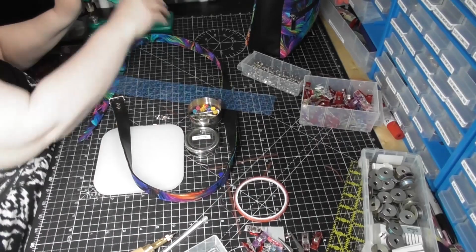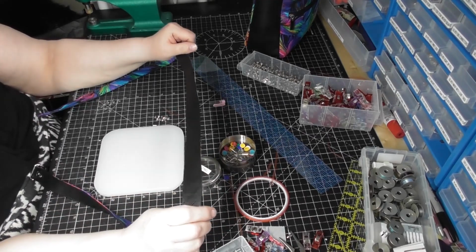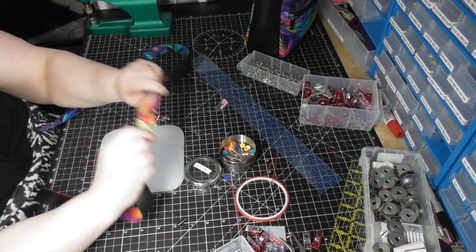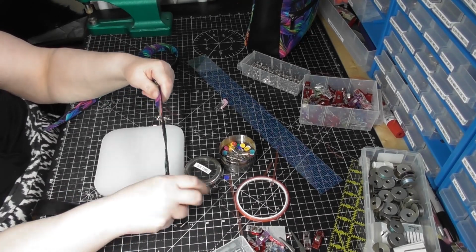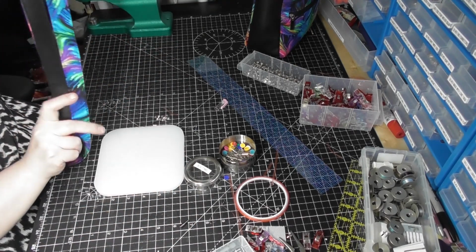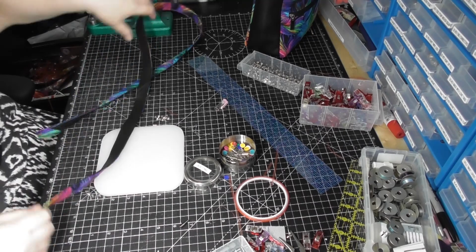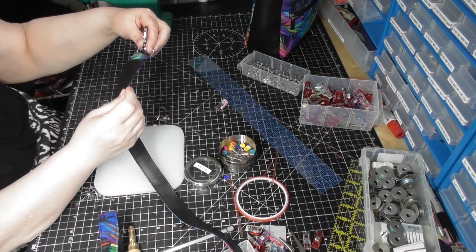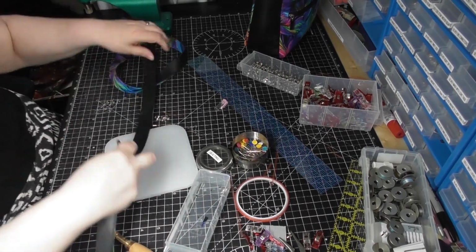And now what we need to do, you need to decide which side you want showing to put the clasps on. Now, I hate vinyl straps being on my shoulder. When they're on clothes, they slip off. So I have the vinyl on the upper side and the cotton underside, because that tends to stick to fabric and doesn't slip off. Plus, when you're holding your bag, you can still see the nice fabric on the strap, so it doesn't really matter. So I want the clasp to sit up above the vinyl like so,